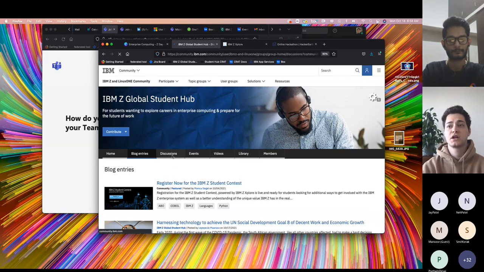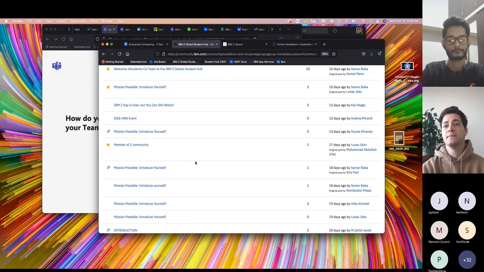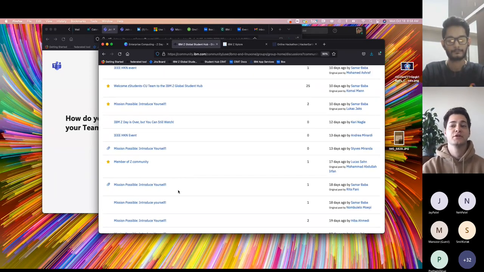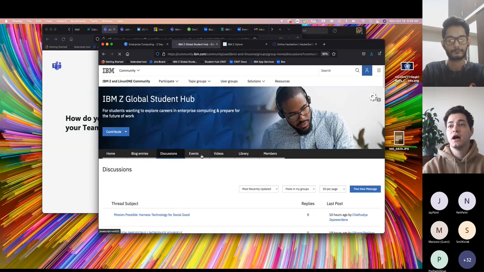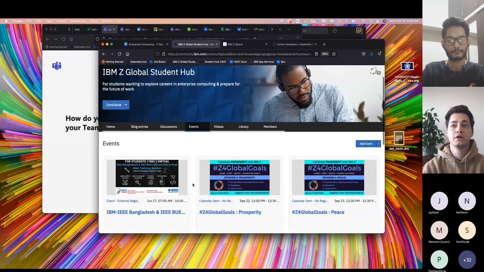We also have this amazing discussion board feature where you can get involved with other students. You could see people posting after workshops, after discussions that they've had in their communities. We have our Z ambassadors introducing themselves, so you can find someone in there. You can click through some of these and see if there's someone that you'd like to engage with, speak to, or learn more from, and you can connect with them right here in the Student Hub. And whenever we have events, we'll post them up here so that you can learn about them, gain awareness, and attend them.